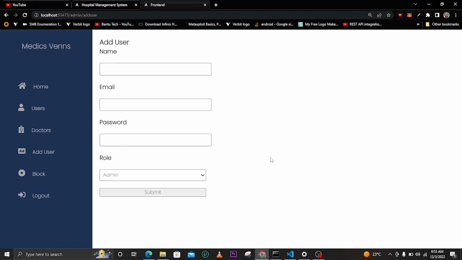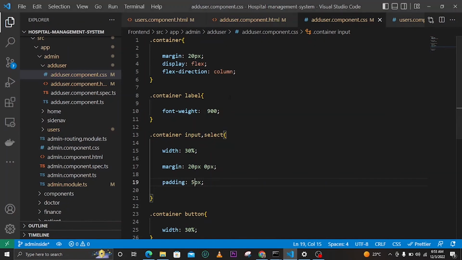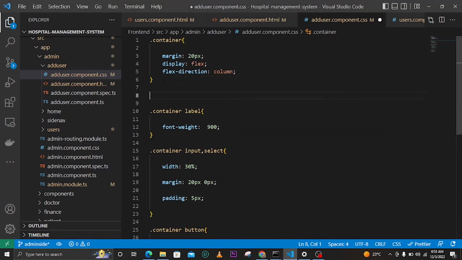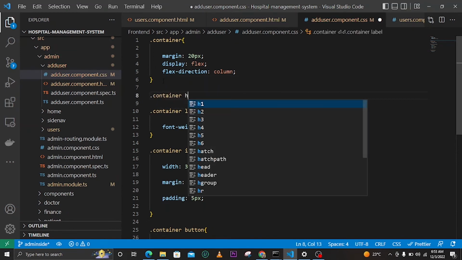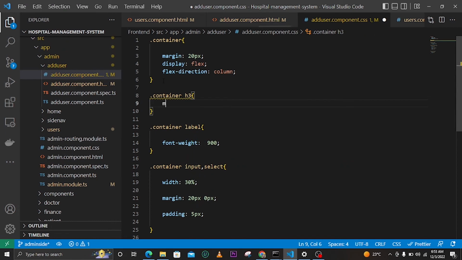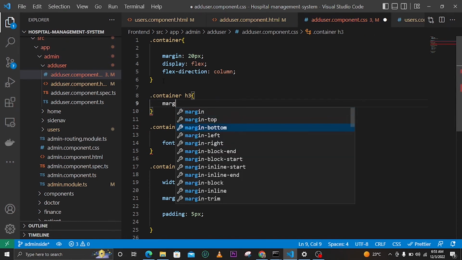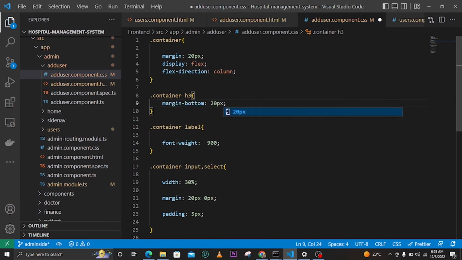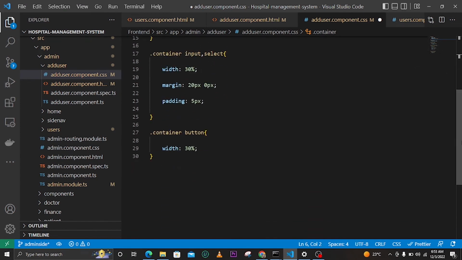Now the other thing that I need to do is in our label or in our heading, so I just say container, and then we have this header, we give a margin bottom of 20 pixels, just like that. Now we can style here, we can give it a padding of, let's say, 10 pixels,